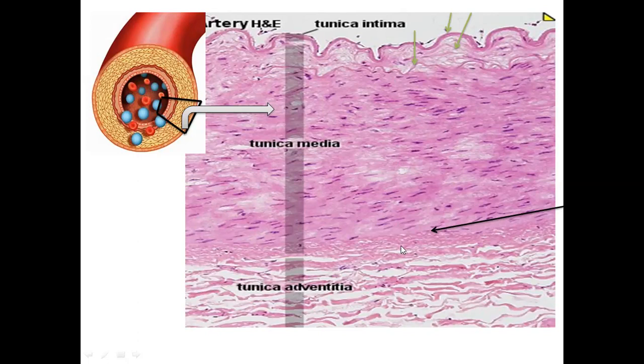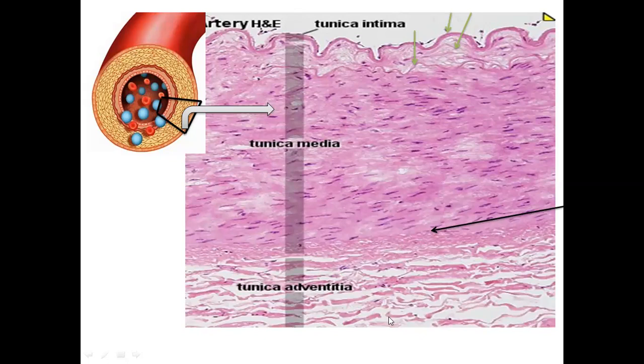and then adventitia. Now just look at the border of adventitia and media. Less conspicuous than this internal elastic lamina, but you can still identify a band of elastic fiber indicated by this arrowhead. What would be the name? If you are calling it the external elastic lamina, very true. So this is the border area between media and adventitia.